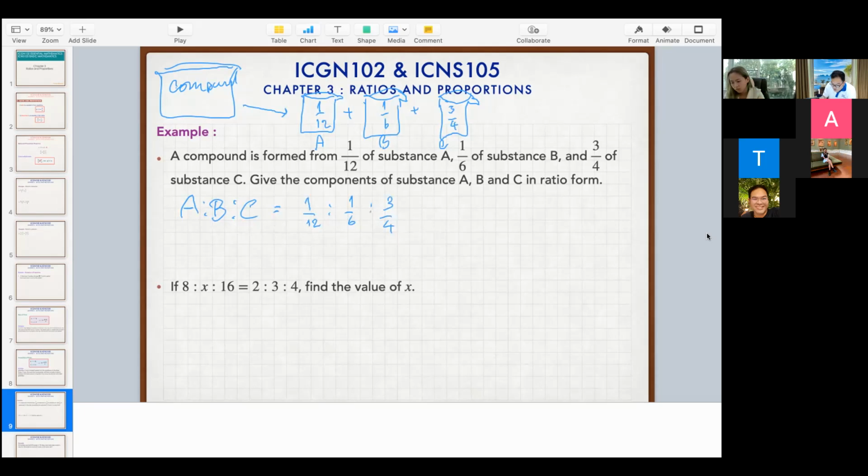So how are we going to solve this one? We try to make the divisor to be 1 by trying to find the common terms. You can use the LCD values in order to find this one. In this one, I want to make 12, the LCD, so I multiply 12 on each term. If you remember, if you have A over B and you multiply K on both sides, you have AK colon BK, they are still the same. So we do the same thing like this. In this one I multiply 12 on these 3 terms, then we get